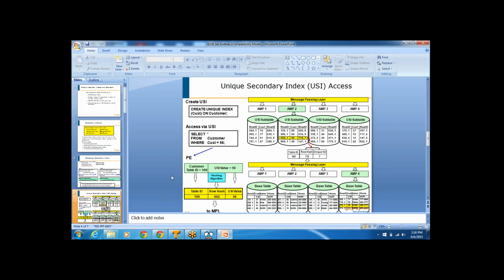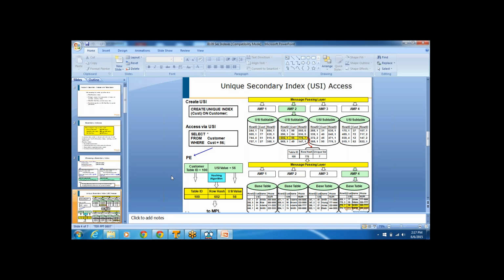Out of the amount of space, let's say we have 1 terabyte of space, and here we are having 4 AMPs, right? So 1 terabyte by 4, what is the space it is going to be? It is going to be 250 GB of space per AMP, right? 1 terabyte divided by 4. So per AMP it has got an allocation of 250 GB because it will be equally distributed. Do you agree with this,